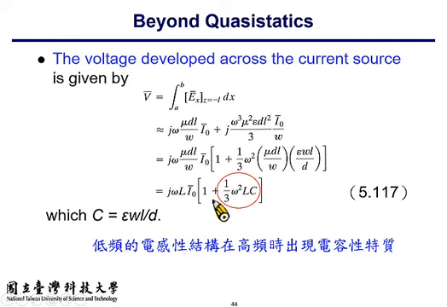As you can see in this integration, it's the voltage developed at a specific position. Where is the position? It's Z equal to minus L, so it's the left end of this inductor. So this is the voltage developed at the left end of the structure. If you are looking at the voltage in the middle or somewhere within the structure,